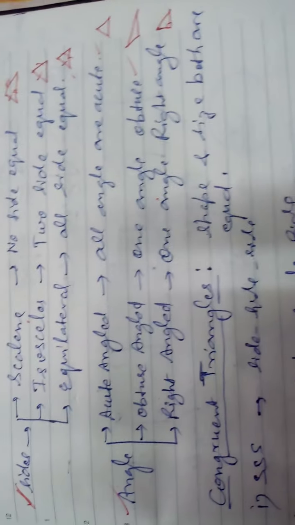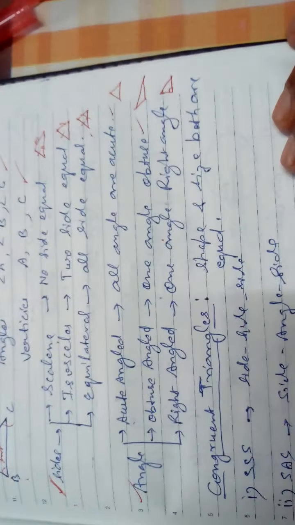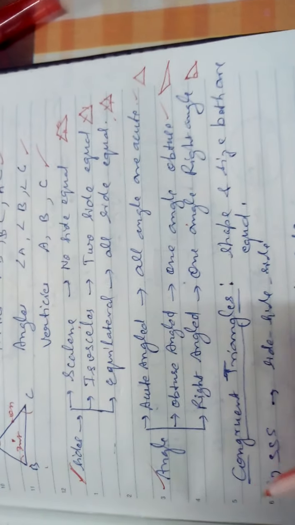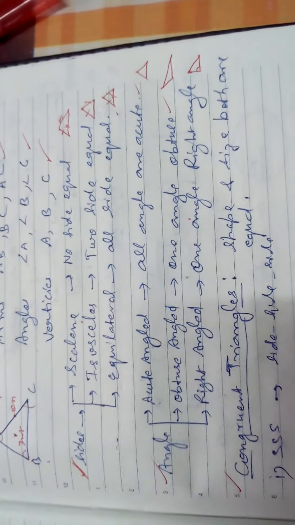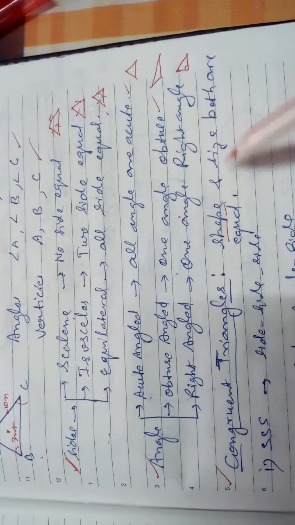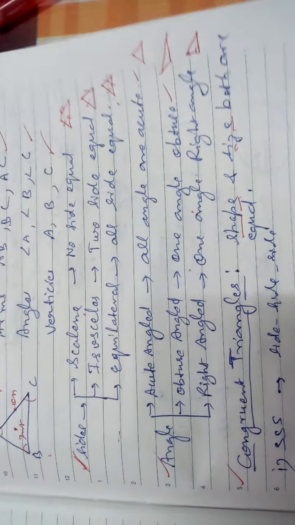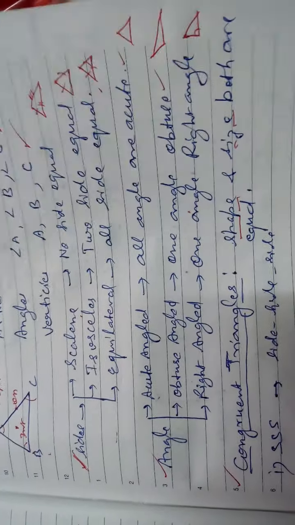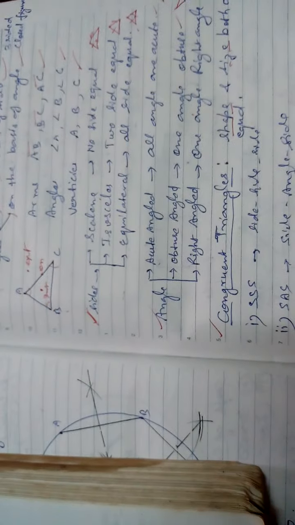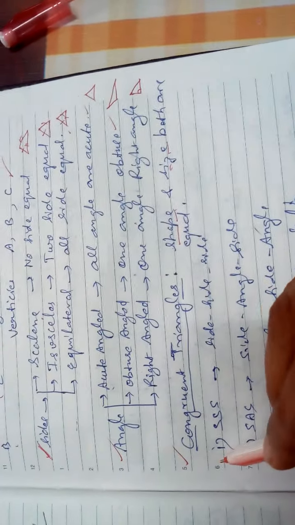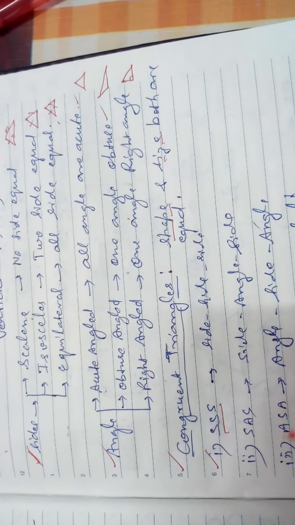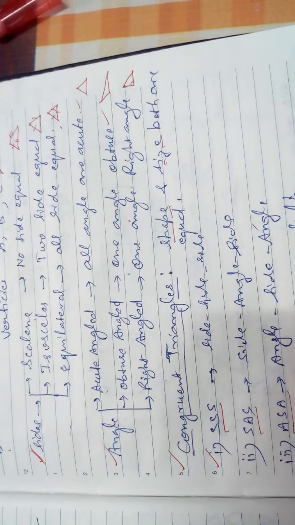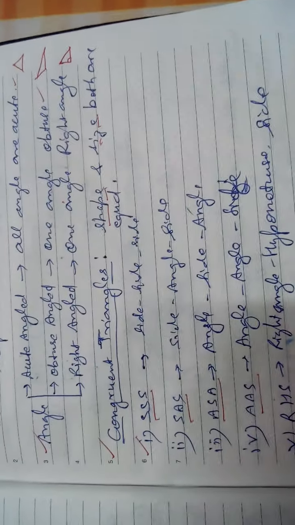We have studied this in class 9th as well as class 7th. Triangles are congruent when they are equal in shape and size both, meaning they overlap, like two pages of this diary. Two pages of this diary are congruent, but one page of this diary and this copy book are similar. There are congruency criteria in 9th standard: SSS, SAS, ASA, AAS and RHS.